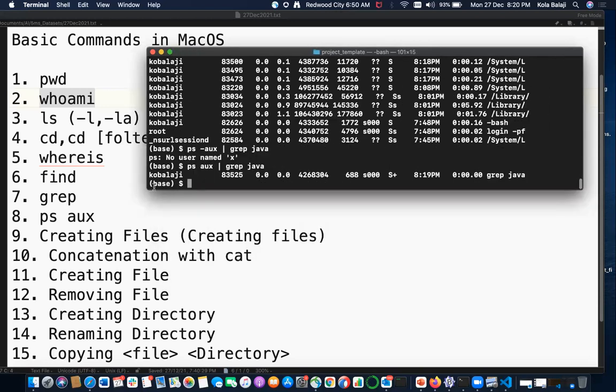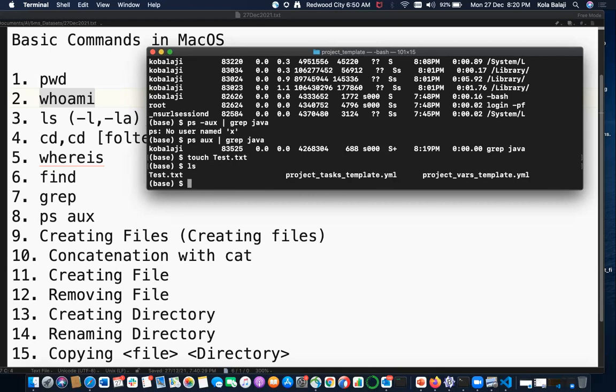Here first, let me show you one more interesting command: how to create files. Assume like I want to create one file on my Mac machine so that I can write, store, or save some information on it. Now how to create the files? We can use the cat command and create the file. This is one way, and we can use the touch command here. I want to create test dot whatever it may be, a text file. I want to run it. Okay, if you see this, the file has been created.